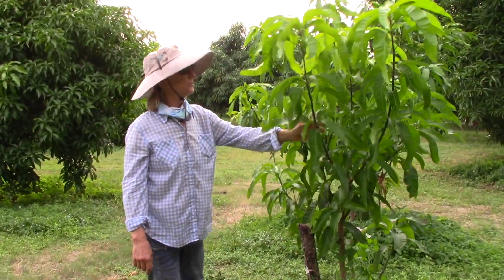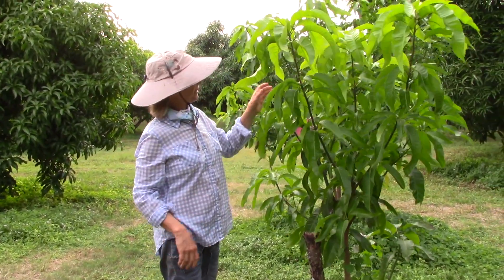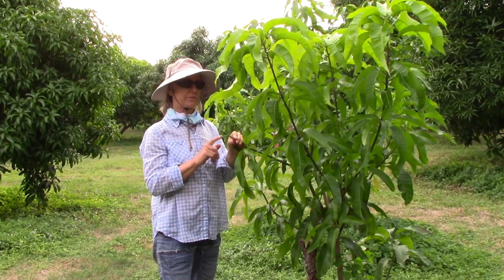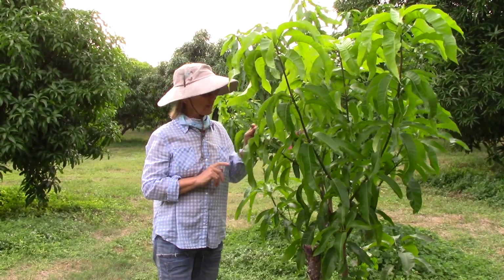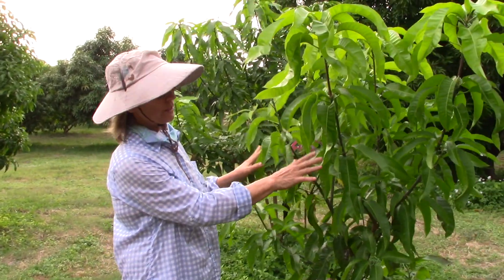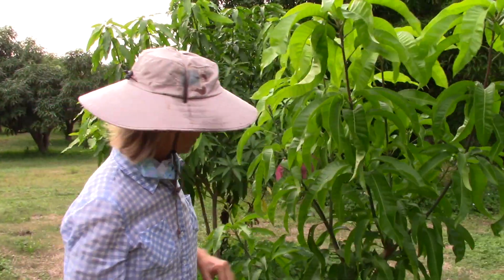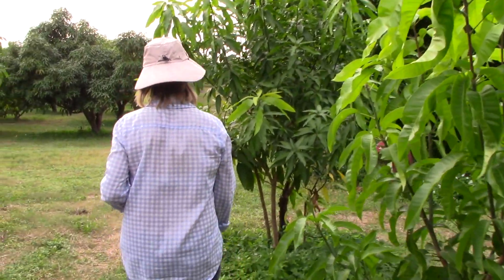It will have 2 purposes. One is that I will harvest a scion. I've already started that, and graft that somewhere, and then this can become rootstock. I can graft other scions on it. Then over here,